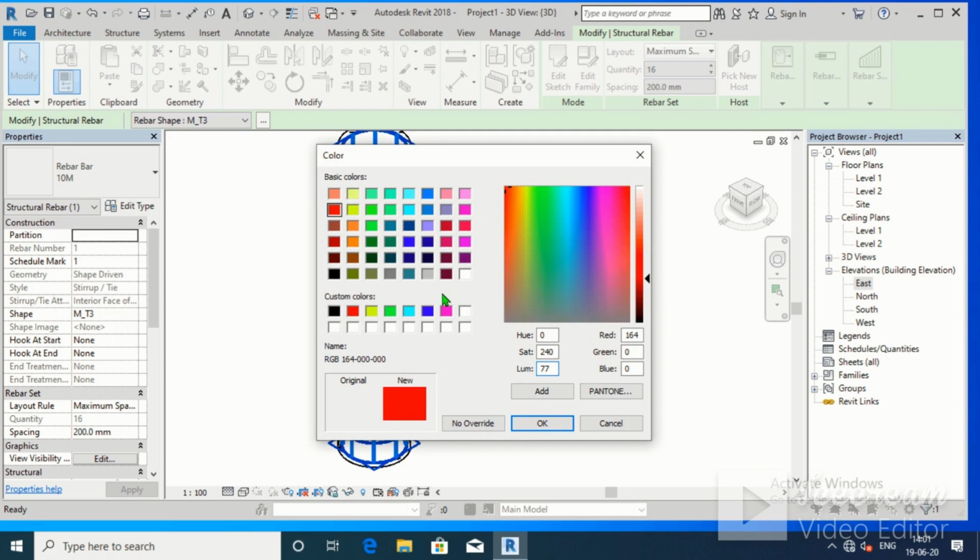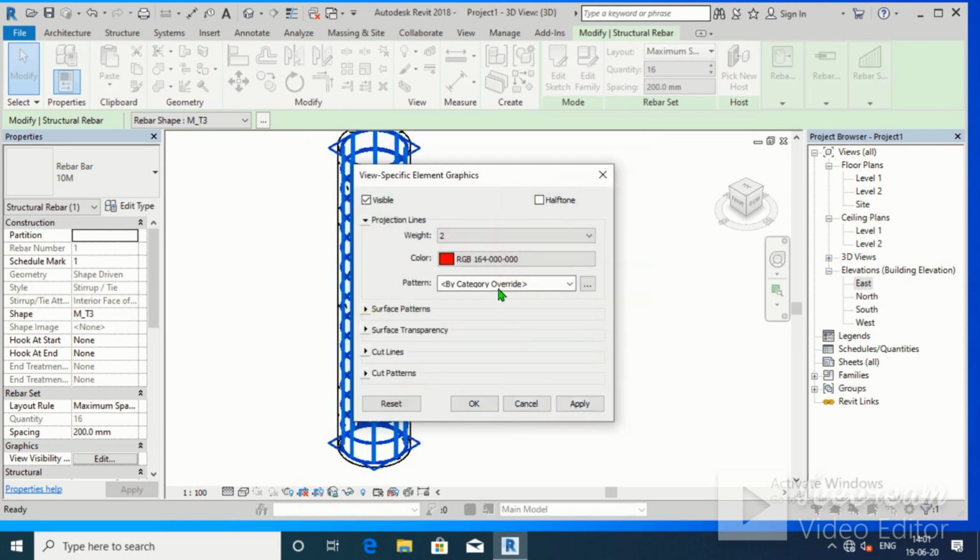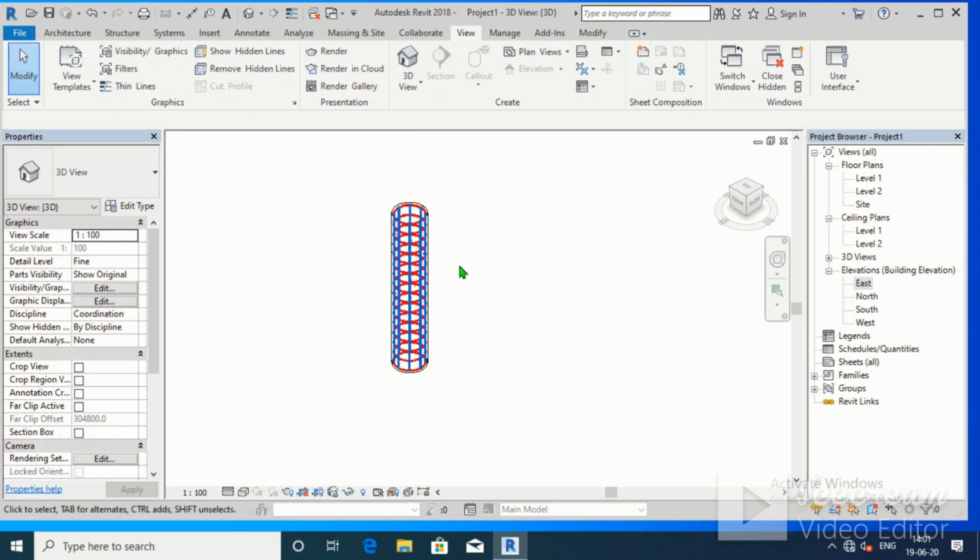We could change any color with the help of this. We could do any color which we wanted. It is done like in Paint photography. You might be familiar with this. We could either make it lighter or make it darker, or we could even choose the color of any one from this. I have chosen the value which I have got. Pattern is the most important. Pattern, change it to solid. Click on apply. Click on OK. Okay, this is the desired view.